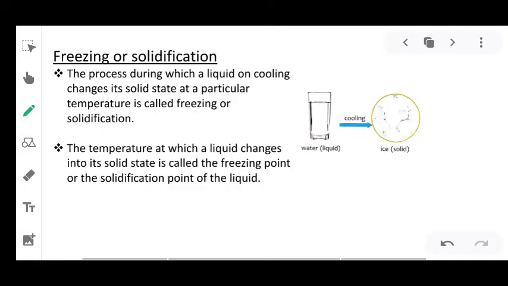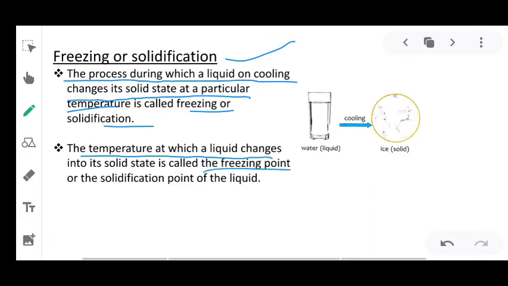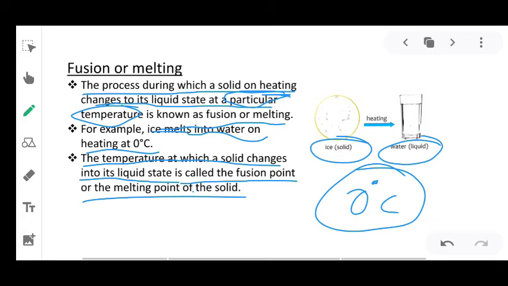Next, freezing or solidification. Okay, the process during which a liquid on cooling changes to its solid state at a particular temperature is called freezing or solidification. Okay, and the temperature at which the liquid changes into solid state is called freezing point or the solidification point of the liquid. Okay, like fusion or